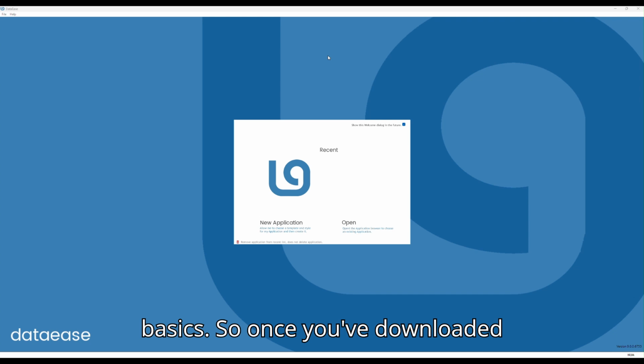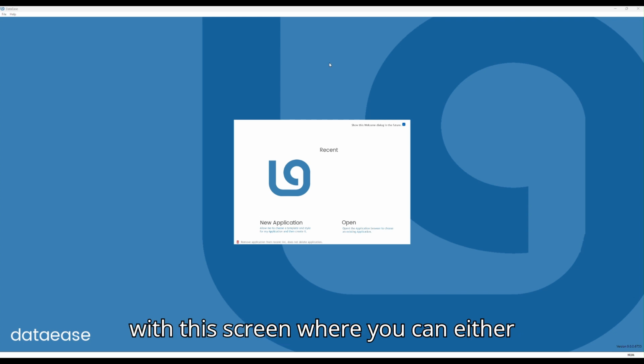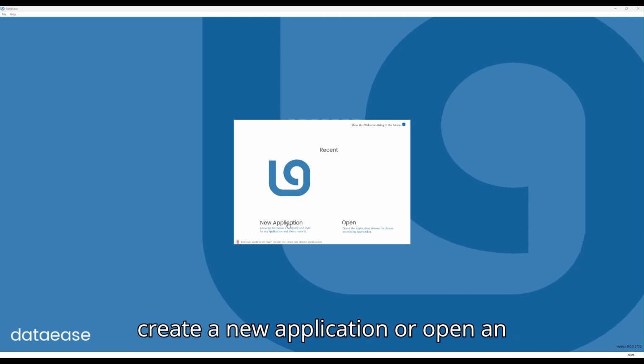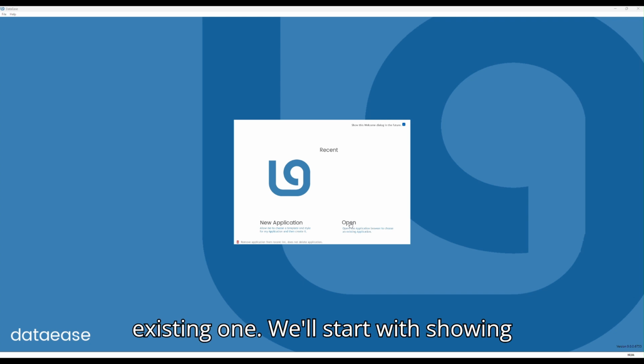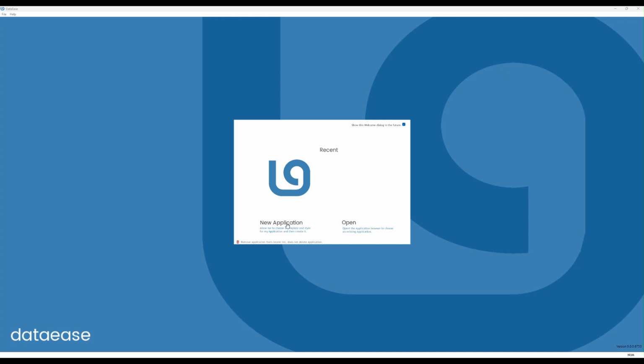Once you've downloaded the DataEase application, you will be met with this screen where you can either create a new application or open an existing one. We'll start with showing you how to create a new application. Simply click here,